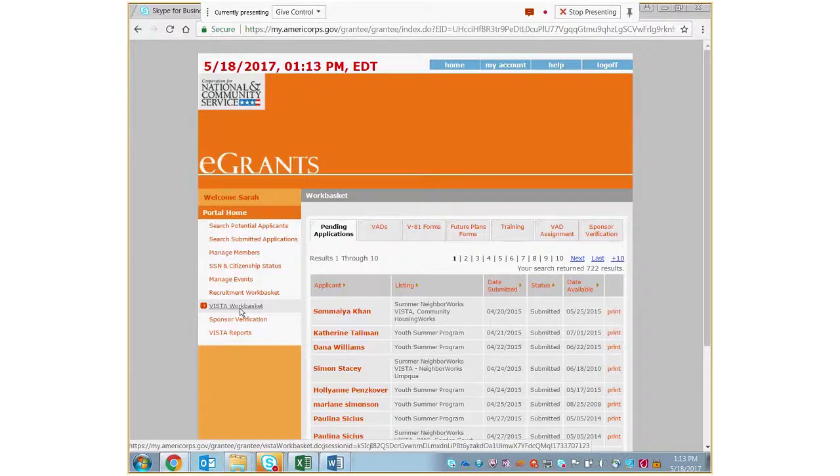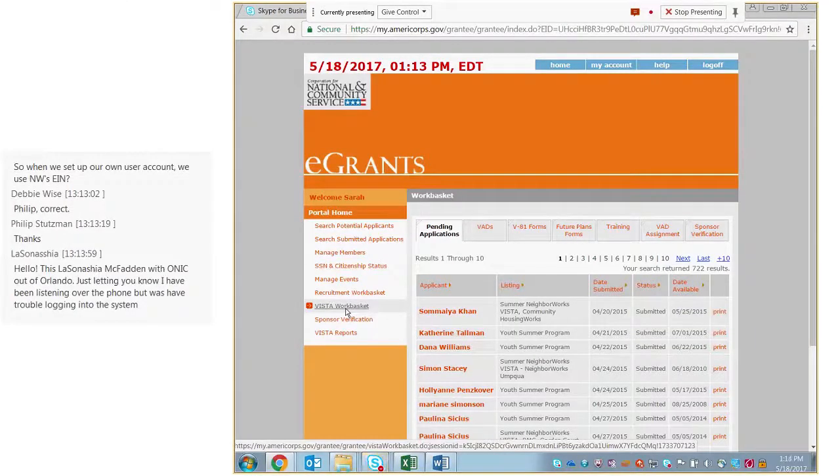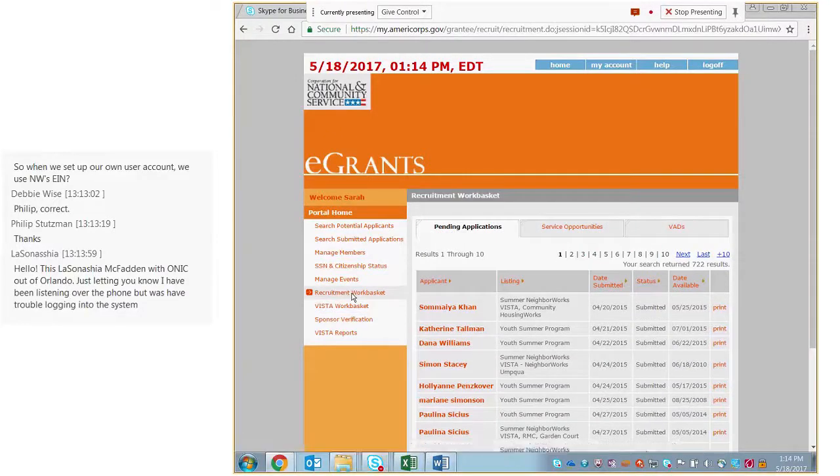If you only want to focus on your recruitment activities, then focus on the recruitment work basket. But the recruitment work basket and the VISTA work basket are both going to be available, and they're both going to be helpful to you while you're managing the recruitment process. So we're going to go ahead and click on the recruitment work basket for now.